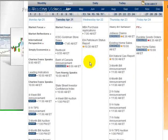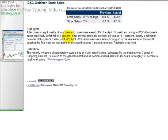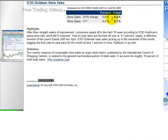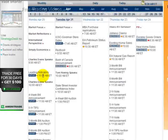Nasdaq.com. We have Goldman Sachs sales out this morning. Let's check this report. Previous 0.8, looking at negative 0.4. Ouch. Year over year, negative 0.4 and negative 0.1. So year over year is pretty good, but the weekly change is terrible, horrible. Bad report there. Redbook 855